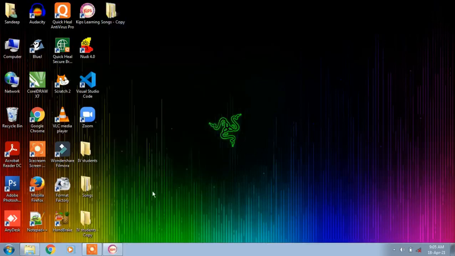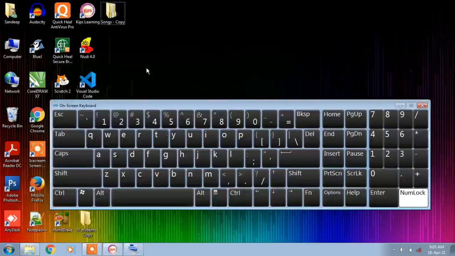One more method, by using the shortcut key. You can use the shortcut key to copy the files or folders. For example, first select the folder which you want to copy, then hold the control button on your keyboard. You can see here the control button is highlighting with white color, then press Control C. Control C is the shortcut key to copy this file.